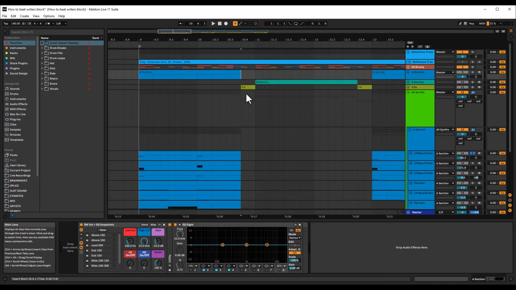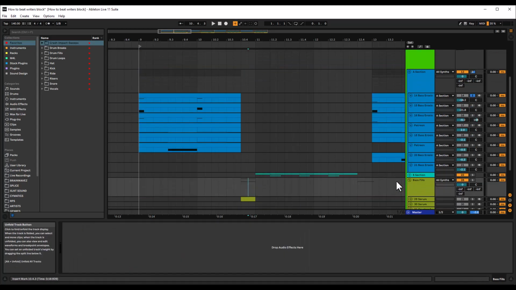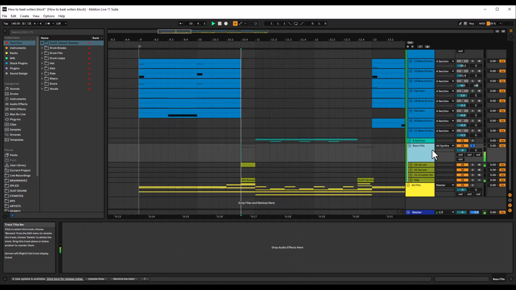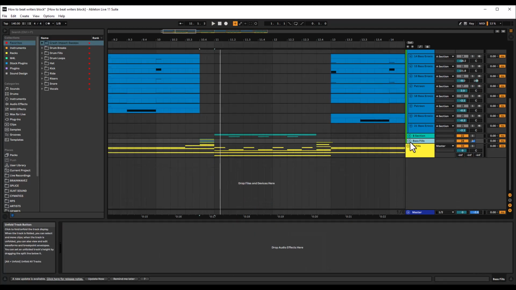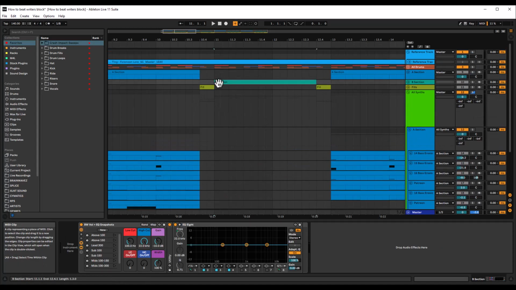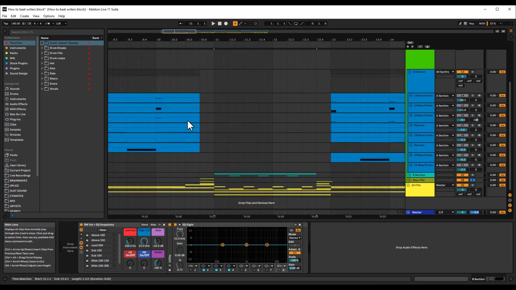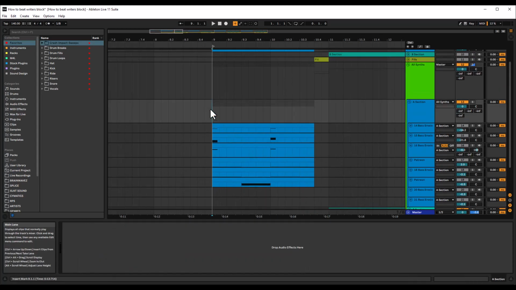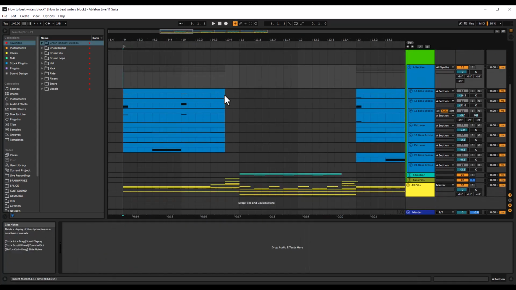Then I knew that I had to have a little fill in here, so I have this. So that's for the fill, this first fill. Then I knew from the guideline that the turnaround was needed in here, something different that contrasts the A section. So I created this B section,